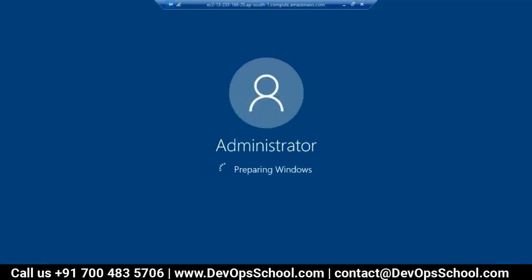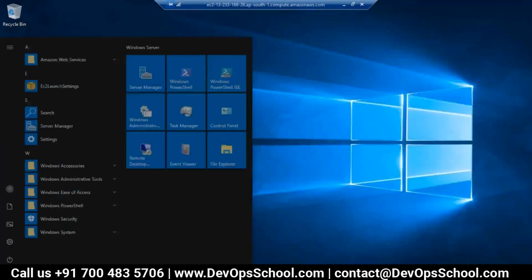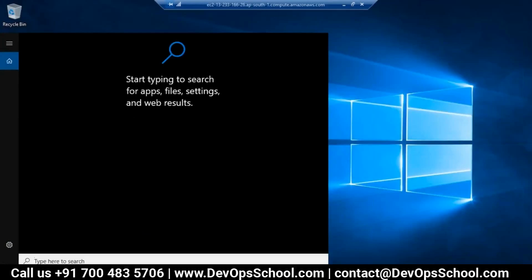and first thing what I will do, I will open up the firewall. This is not a good practice, but I don't want to create exceptions and then troubleshoot and all. So simple way, I'll just open up the firewall. But the good practice is you should open up only those firewall ports which are required for the app server, web server, or tentacles and all stuff like that. So right now, here firewall,